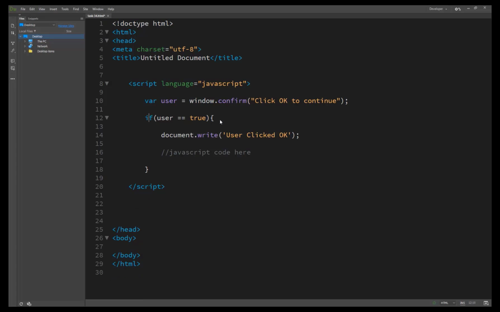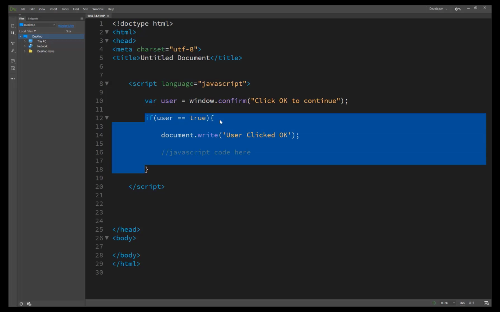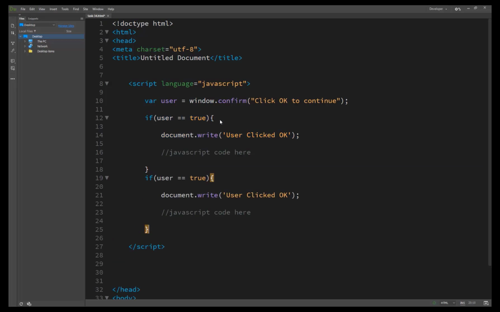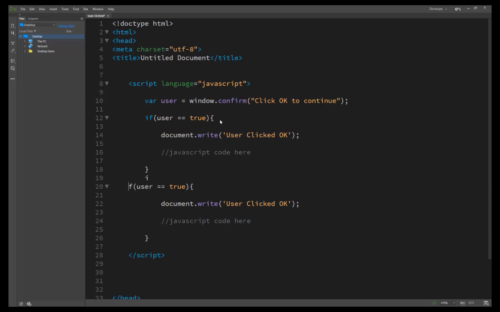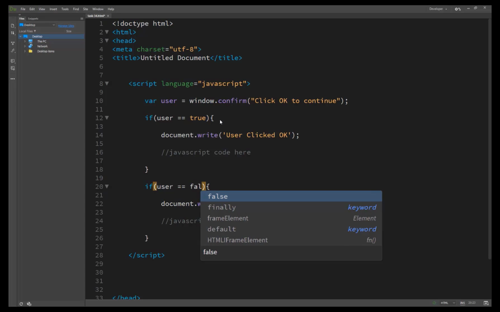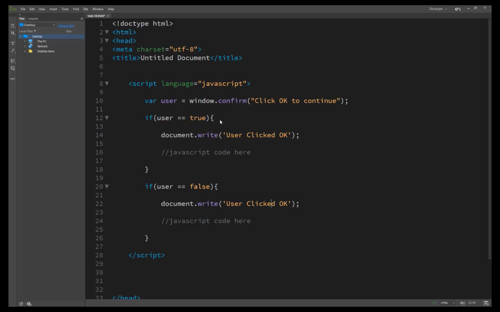And the same thing, we have just copied all of this and pasted it, and user is equal to false. User clicked cancel.